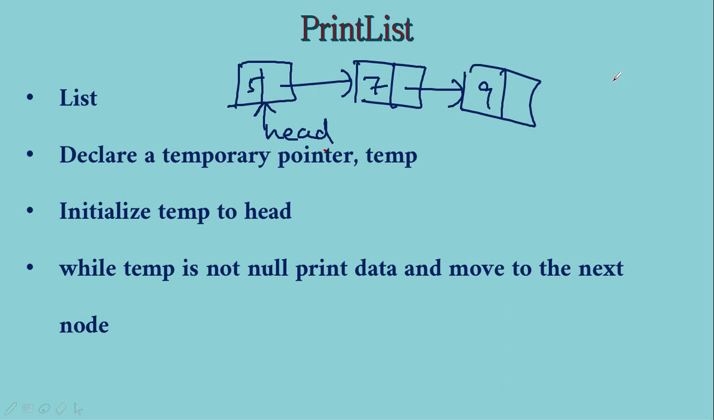So when I want to print the list, I want to actually print the elements from the beginning like 5, 7, 9. So how can I do it? To print the first element, the head is pointing to the first node, so I can directly do it, right? I can access the data part and I can print it. But what about the second one? I have to obviously move the pointer. I have to have a pointer pointing to this node. I may have to move the head, but